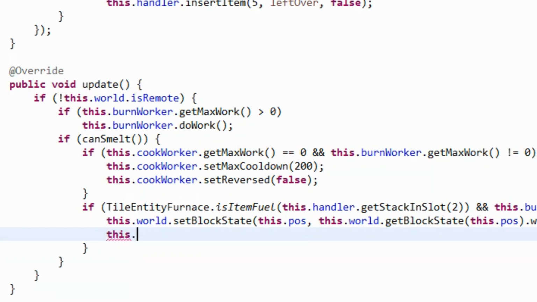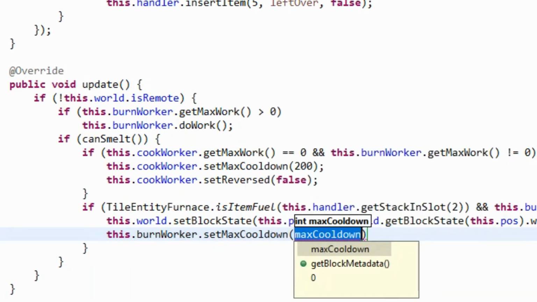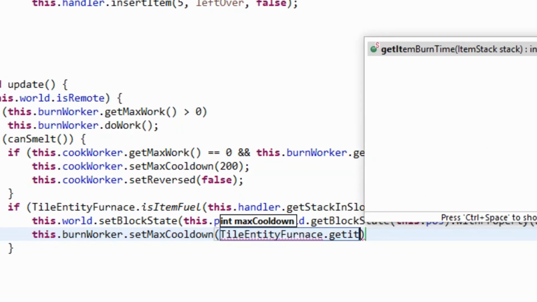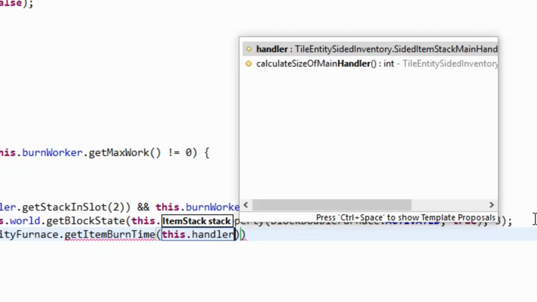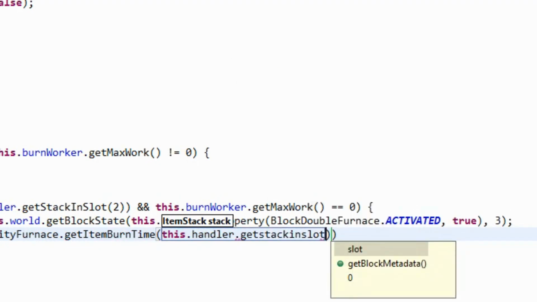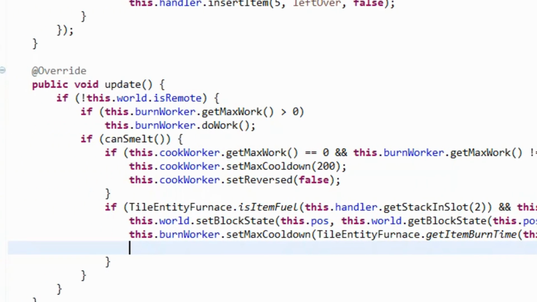So this.burnWorker.setMaxCooldown, and the max cooldown will be set to TileEntityFurnace.getItemBurnTime, and that's going to be this.handler.getStackInSlot number 2, like so. So say it's coal, that's a burn time of 1600, that will get the burn time of 1600